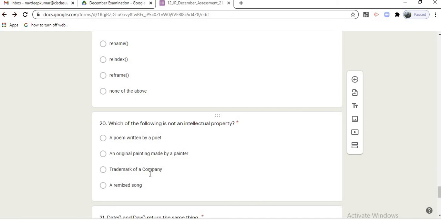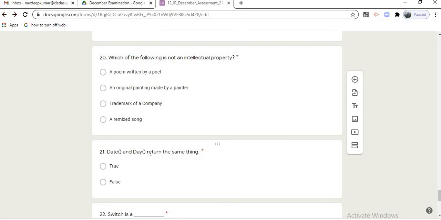Among the following, students: a poem written by a poet is intellectual property. An original painting made by a painter is intellectual property. The trademark of a company is intellectual property. Remixing is basically using someone else's work, so this is not part of intellectual property because we are remixing someone else's work.